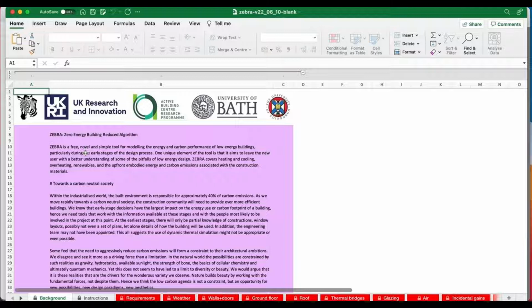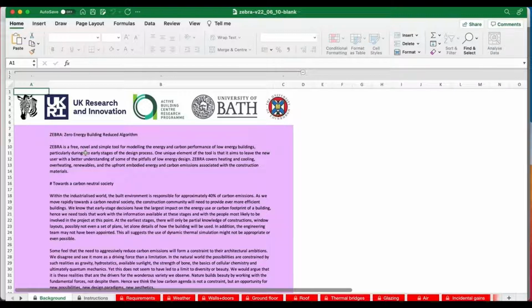So the first time you use Zebra, I'd suggest you read that purple area on each sheet as you fill that sheet in. On the website, you will find a document containing all of the purple areas just as a continuous Word document. And you can therefore, if you'd like and if you prefer, sit down and read that more like a book or a report, rather than as an interactive thing as it is here, sheet by sheet.